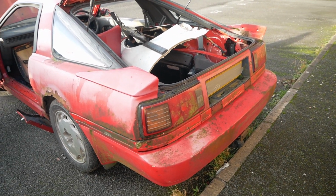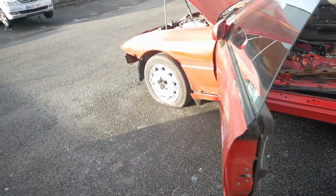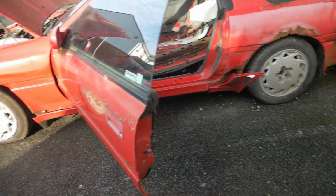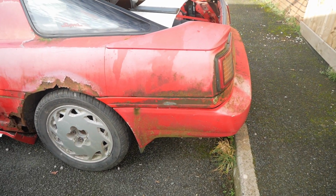I think that's because the front, where it was at Tim's, was sort of exposed to the wind and stuff like that, whereas the back was sort of hidden, and thus